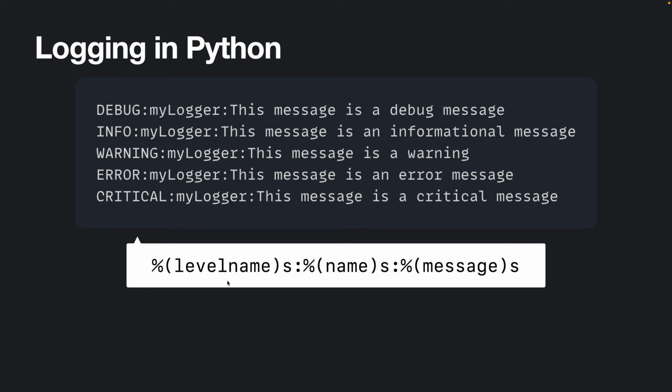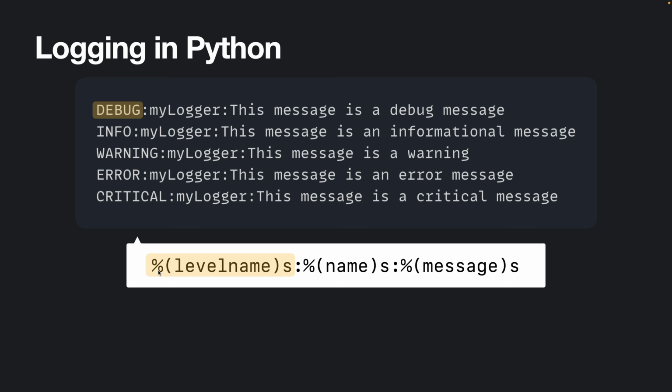So you've got levelname, which is the criticality level. You've got the name, which is the logger name, and you've got the message. You can also notice that there's a percentage, a pair of brackets, and an s at the end. This is the percent-based string interpolation in Python, and all this means is levelname is a string. So you do percent brackets, you put the variable name inside it, and the s at the end means it's a string, and this is how you tell the logging module to display the levelname variable.